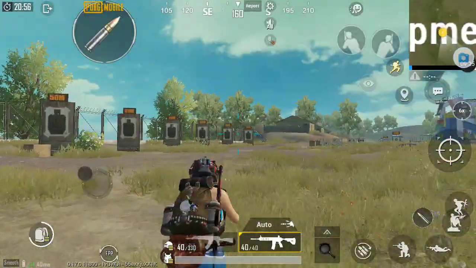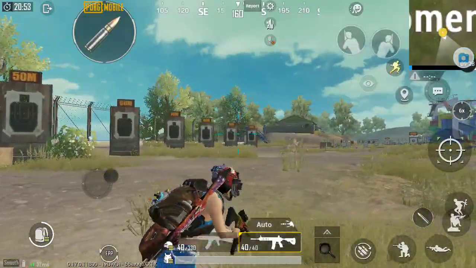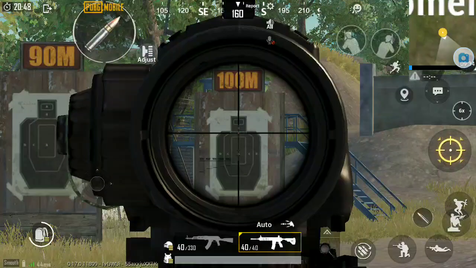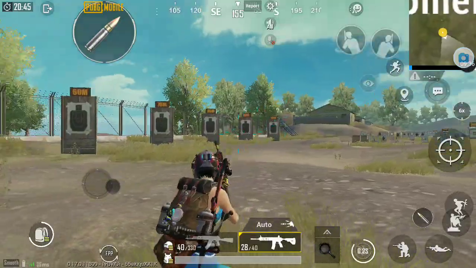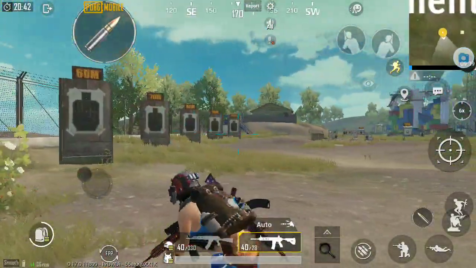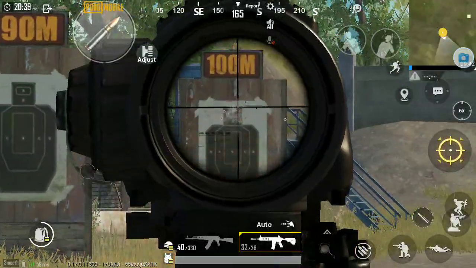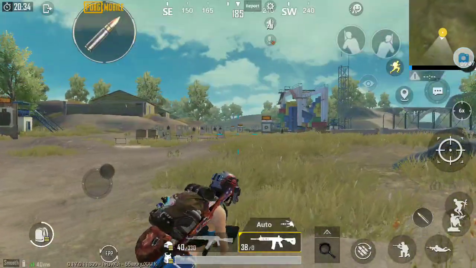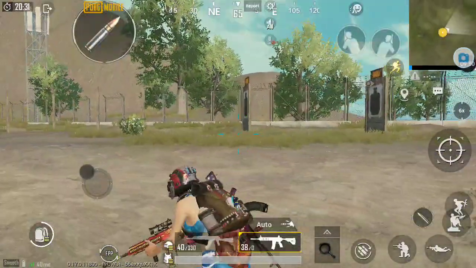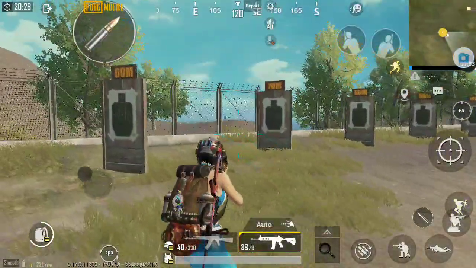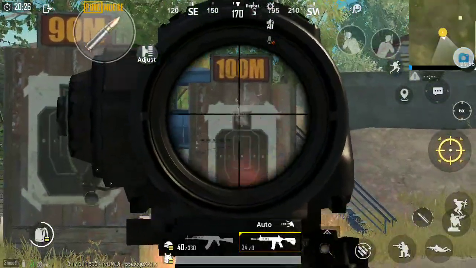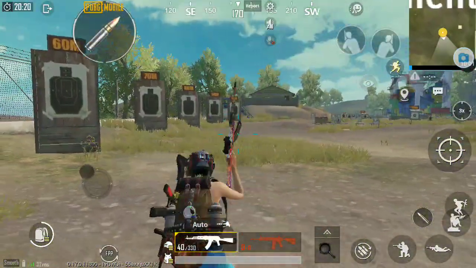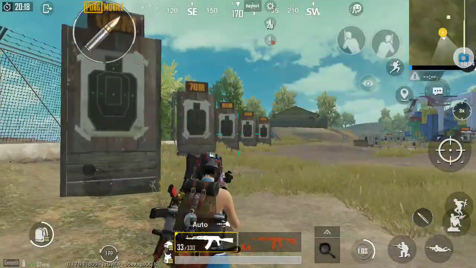And first of all, wherever you are shooting, just try to use this cursor, that blue dot you can see. Just put it on the head and scope in, so it will directly go there. So try to keep that blue dot wherever you want to target your fire. Most probably I would tell you to use the spray when you are inside 200 meters, 300 meters, like that. Don't use it for high distances, because most of your bullets are going to go to waste and not hit the target as well.